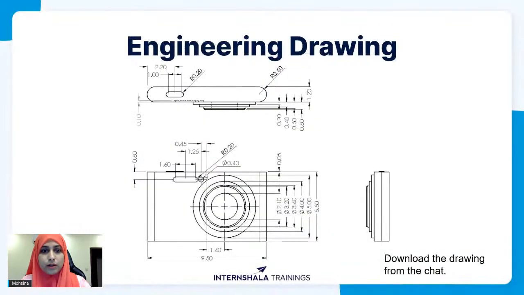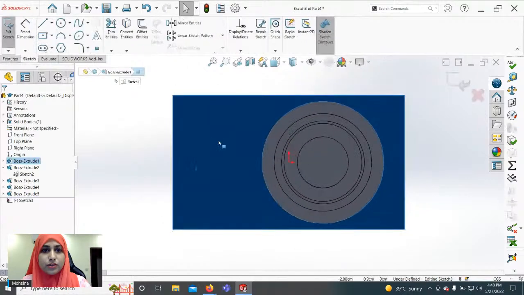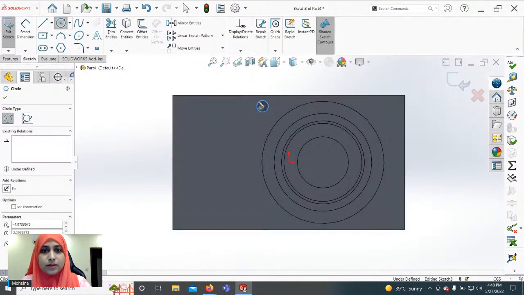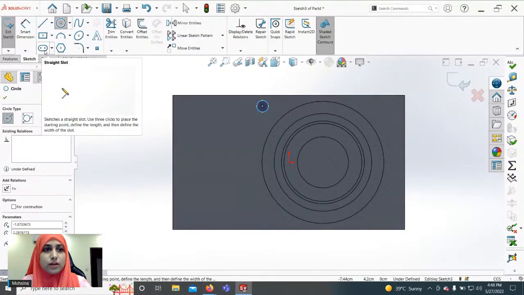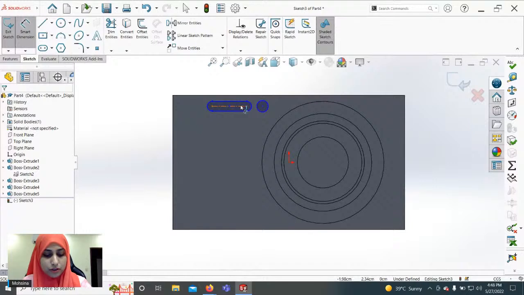Now let's move on to this top sketches. You can see from the top view that they are cut inwards. These two sketches are cut inwards. For that, let's click on this, go to Sketch, and start creating these sketches. Let's create a circle, and then there's a slot. We'll go to the straight slot, and create this. Again, adding dimensions to it, go to Smart Dimension.